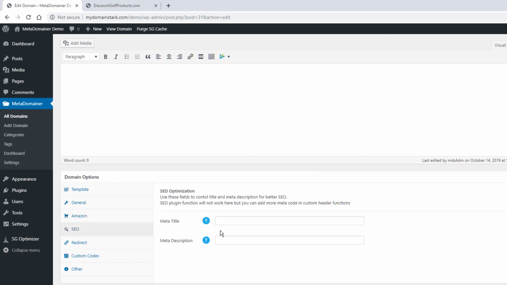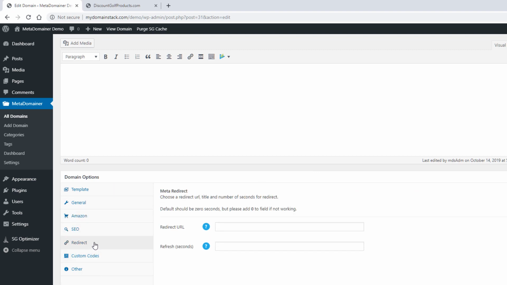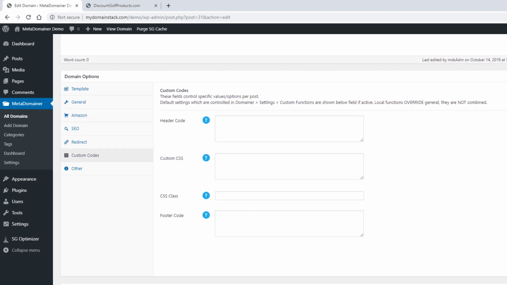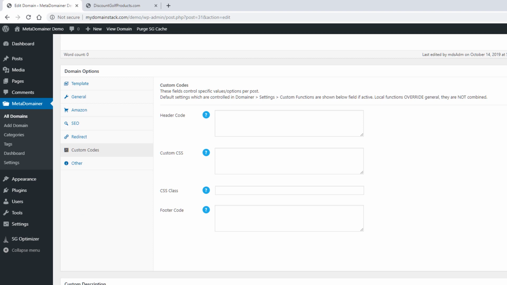SEO is just meta title and description. Redirect is just for the redirect template if you want to use that. And then we have custom codes here for header, custom CSS, a CSS class, and a footer code. If you're an advanced user, you'll realize you can use this for tracking pixels or for Google Ads or for